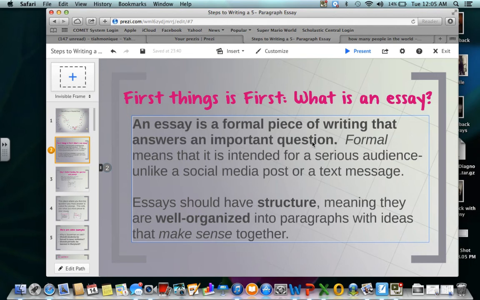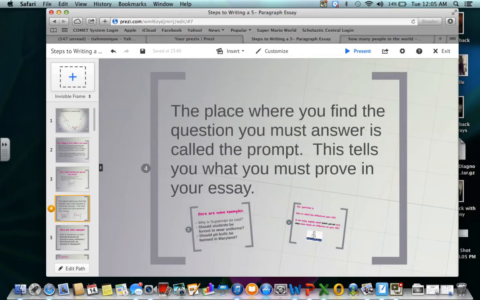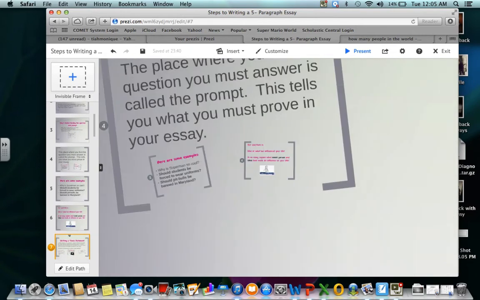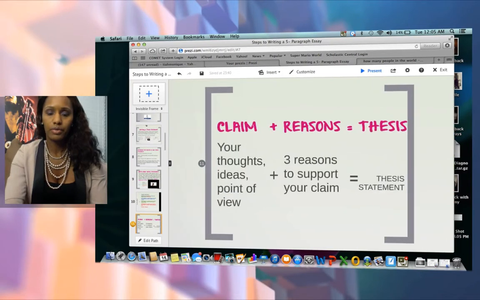So it's really important. All right, so in addition, if you look at your notes, it says that an essay should have structure, which means it should be well organized. We were going to really talk about that structure today and then go into our introduction. So that'll be something really exciting for you all. All right, so moving right along, and let's skip it down a little bit. Right now, we're just doing a little bit of review so you can fill in your notes.